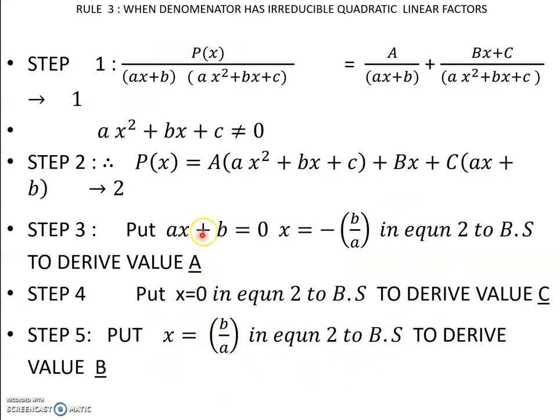So in this way we have to solve. The main thing is that first we have to put the non-repeated factor equal to 0. Then we have to compulsorily put x equal to 0. Then the next is, if we put minus, then we have to put the plus factor in that quadratic equation. So let us take an example.